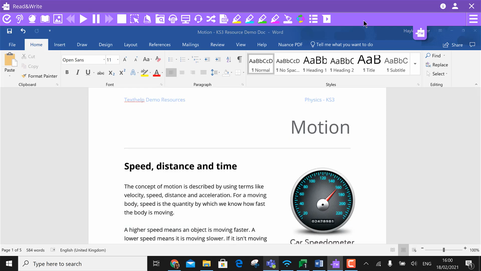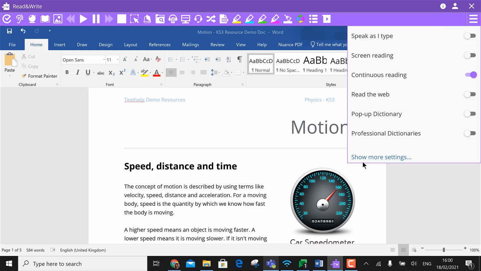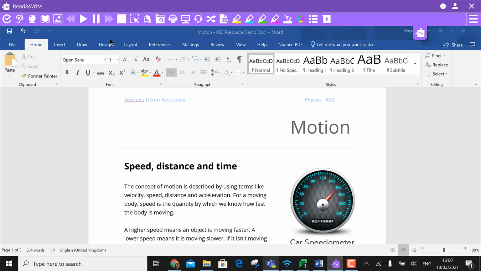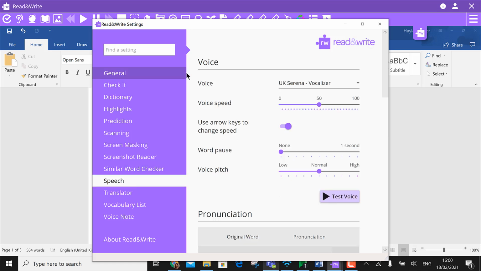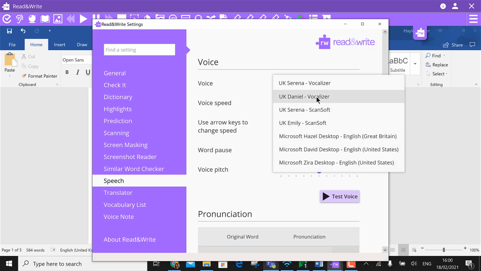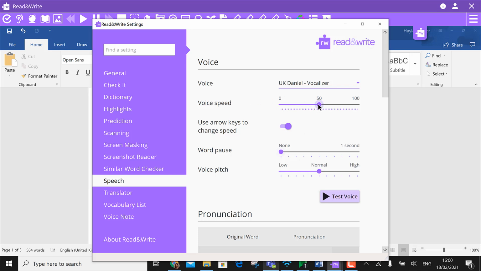But for now we're just going to look at how you can use the settings to personalize this to your liking. Go to settings, go to show more settings. You can see all the different settings here, and if we go down to speech, you can see the different options. At the minute I currently have UK Serena, voice speed is 50, word pause, and voice pitch. These can all be changed, and again this is all just a personal preference, so whatever way works best for you. Say if we go and change that to UK Daniel,